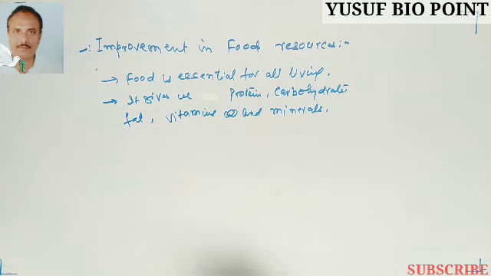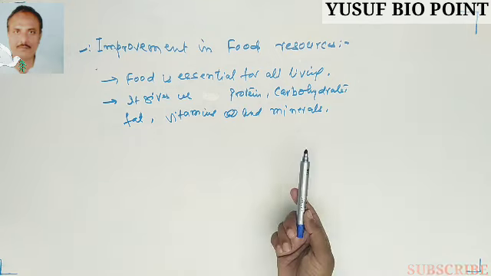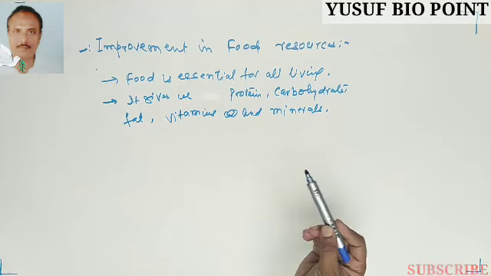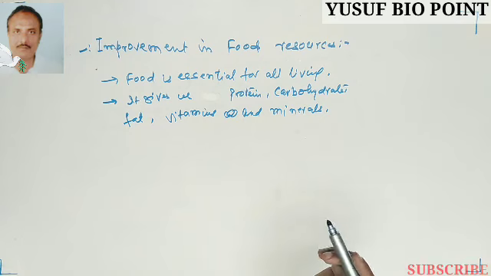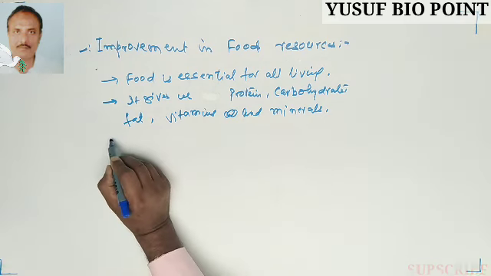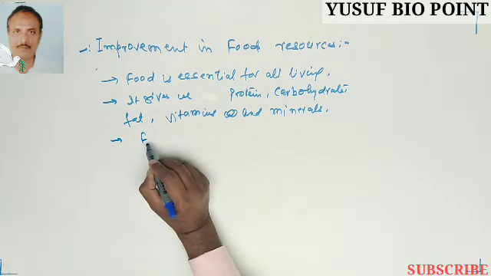Food is essential for all, because we get protein, carbohydrates, fat, vitamins, minerals and all the other things. Our body gets these things from the food, and so food is